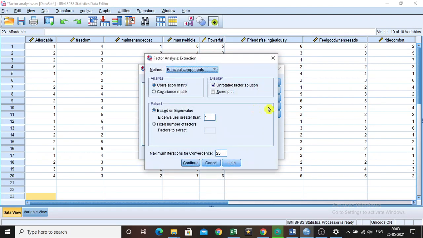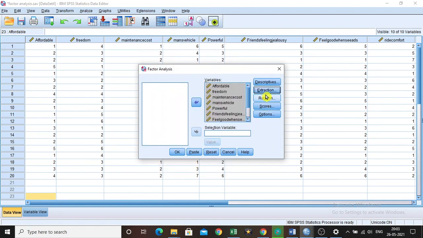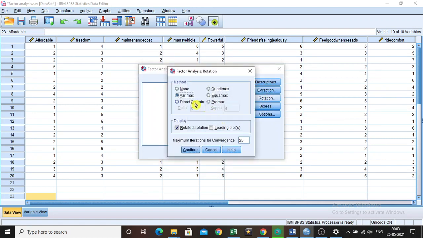After that, extraction. There are various methods for extraction, like principal component, maximum likelihood and so on. But right now we are going to perform the principal components method, and no need to do anything else here. Just click continue. Then in rotation, by default it will be none, but we are going to perform varimax rotation.